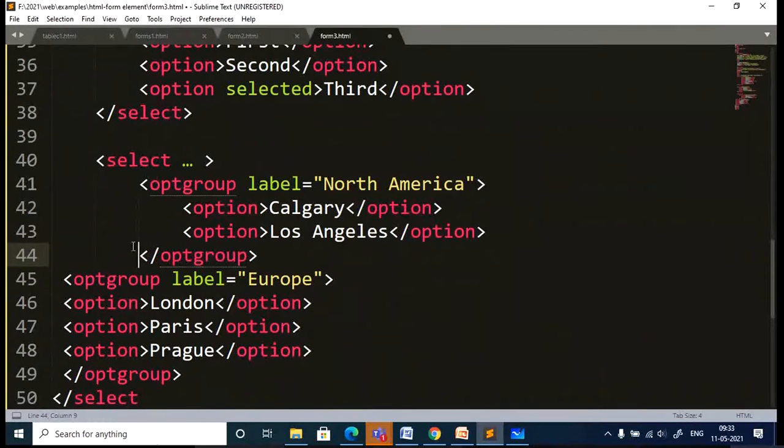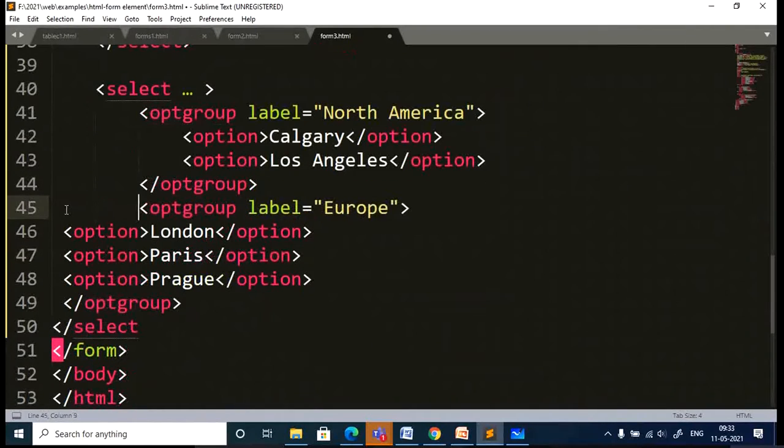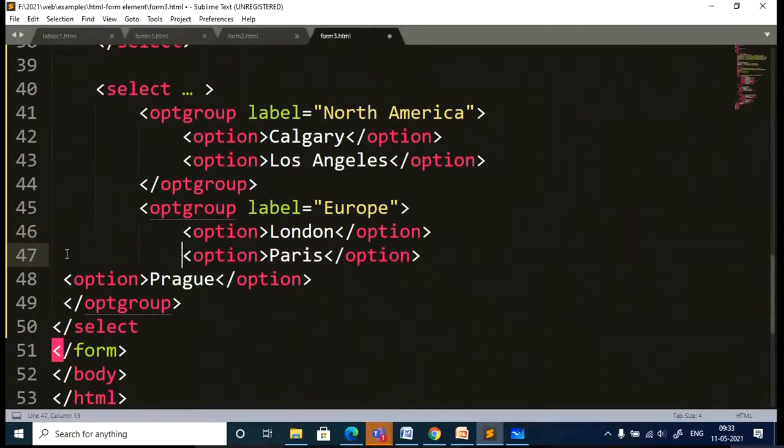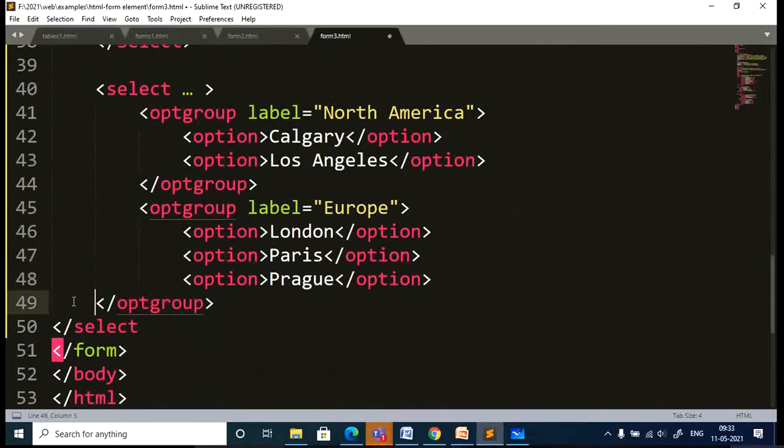See, indentation: normally when you type, Sublime automatically takes care of it, so no need to do it manually. Your label is very important, it is acting as the main heading for that group. So I have two main groups, one is North America and another one is Europe.